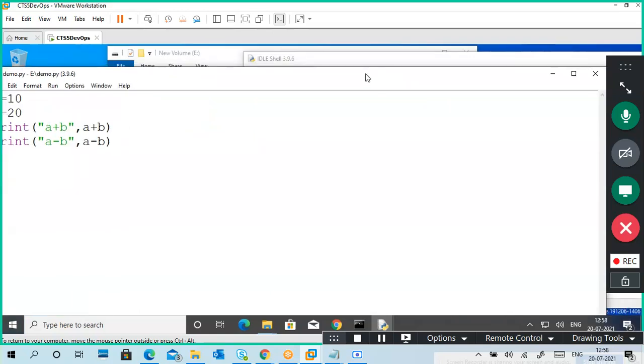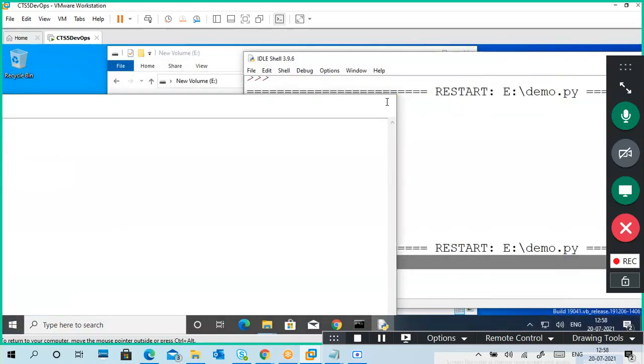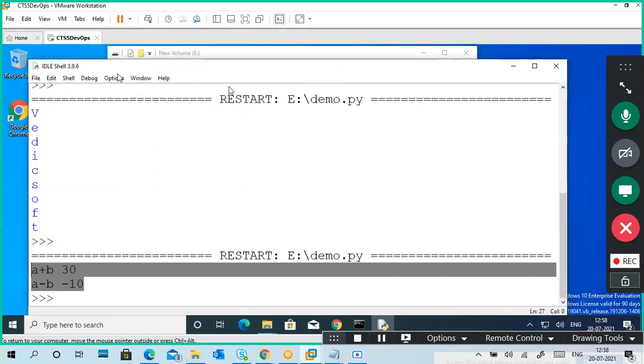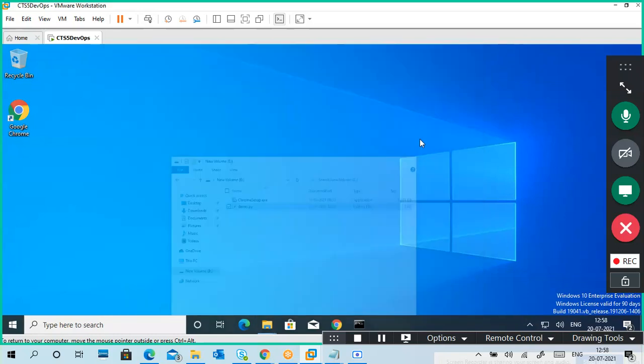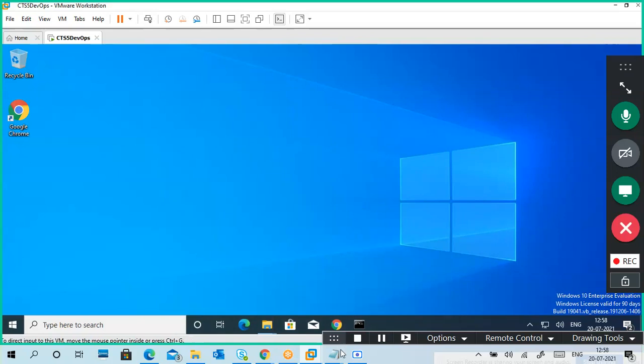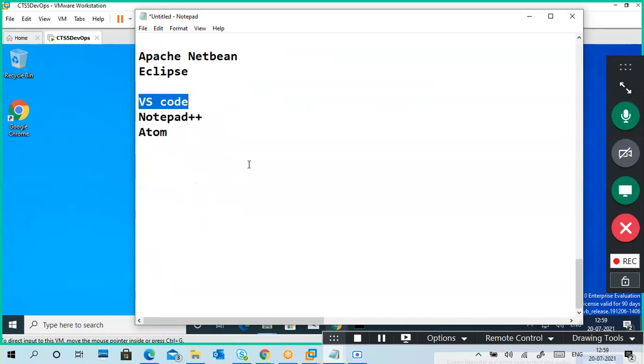So that's it, I changed my program code. No problem. I'm also closing this one for the present situation. So guys, this is your Python. We'll see programming code one by one, like how to do the print statement, arithmetic operations, data types, string, tuple, list, dictionary, these things are there. We'll see that in the afternoon.